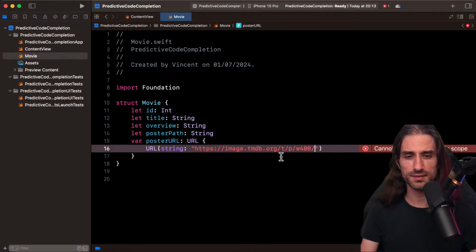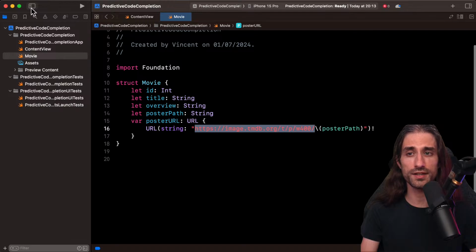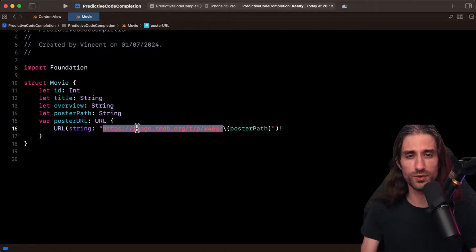So something like that. And now I want to see if it could try to suggest to interpolate something here, or maybe if I do it like that, will it suggest that I put the poster URL, the poster path here? Now it seems here it cannot. But that makes sense because there was basically no way of inferring it unless you actually knew you were reading my thoughts, which of course the model cannot do.